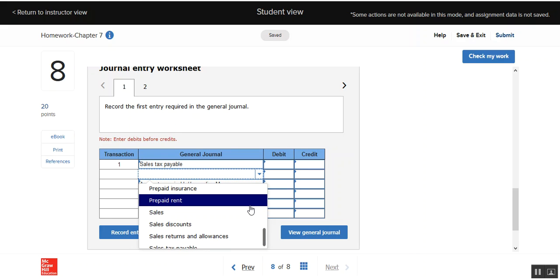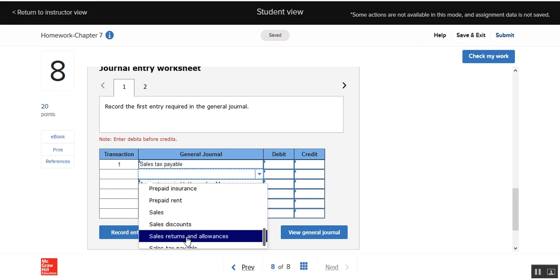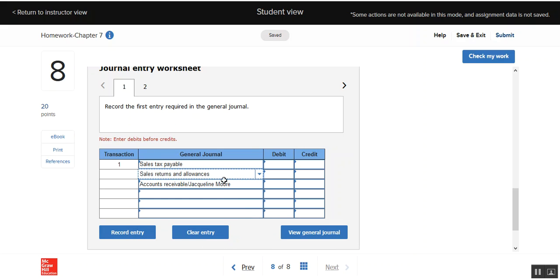You'll recall when we first recorded this transaction, when we sold her the chair, we credited sales. So you might think, well, it would make sense to debit sales. In accounting, we actually don't directly debit that account, sales, when we have a sales return. Instead, we use a contra revenue account called sales returns and allowances. So that just keeps a tally separate of all of the items that are brought back. It gives management some good information